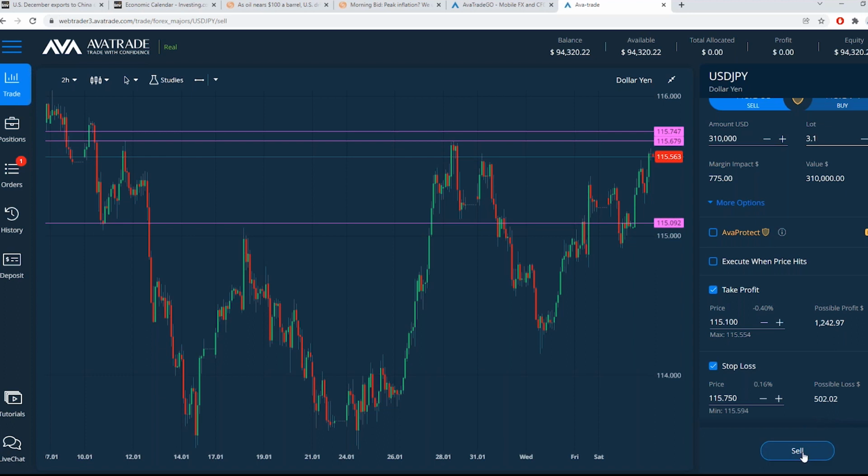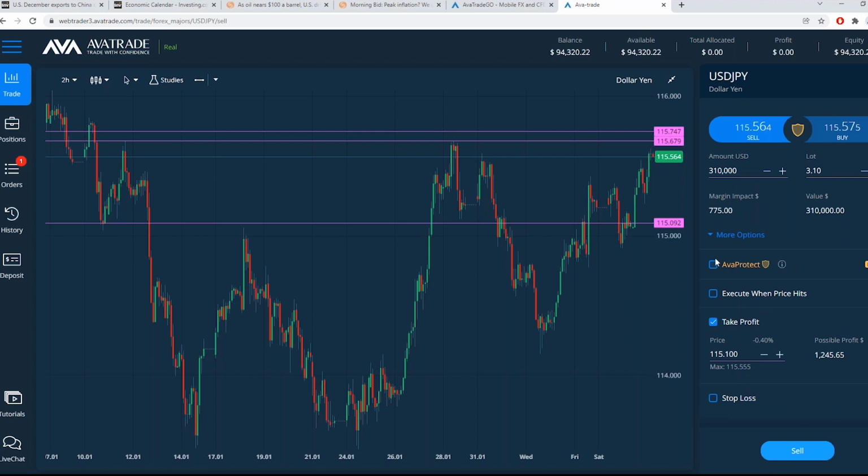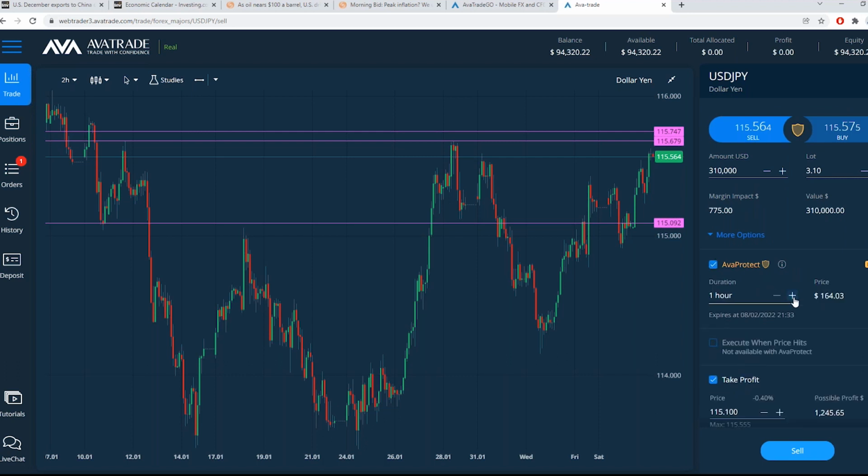Because this is a market move, instead of putting a stop loss, I could put AvaProtect. It's no problem. Instead of stop loss, or maybe in addition to the stop loss, I could put AvaProtect and say, you know what? I could protect this by the hour. I could protect this for a couple days. And it's near the same risk as I had to my stop loss. And in this case, it could go the wrong way forever, distance-wise. As long as it comes back before 2 days is up, I don't have to take the loss because I didn't put a stop loss in this setup, in this example.